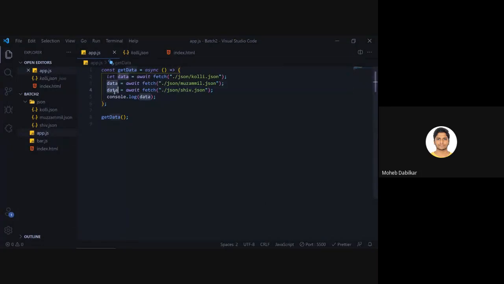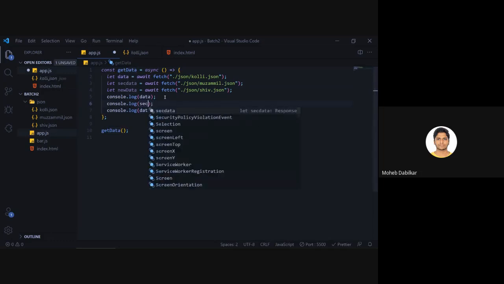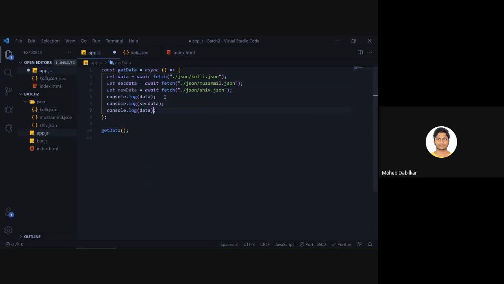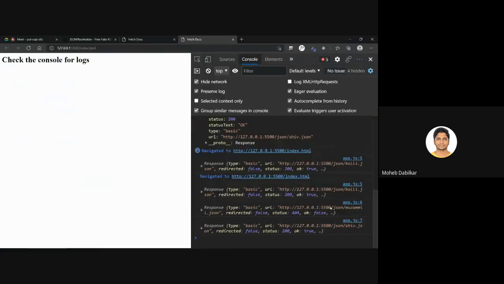Because we have kept it to data only, you can just say let new data, and then let's say let second data equals to, and out of this then what we'll say is second data and also new data. Okay, so right now you see we do get four responses.